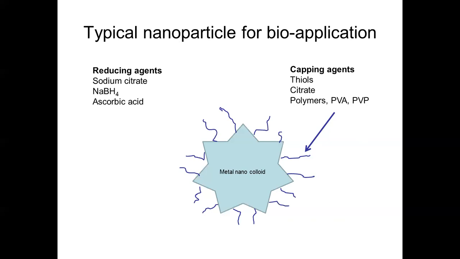And then after we make the nanoparticle, or during the process, what we want to do is have a secondary chemical reaction taking place so that we would actually cap the material and control its growth. So citrate is probably the most common material that we would use for that. And other materials that we could link to the surface to stabilize and to add further chemical activity, we might place